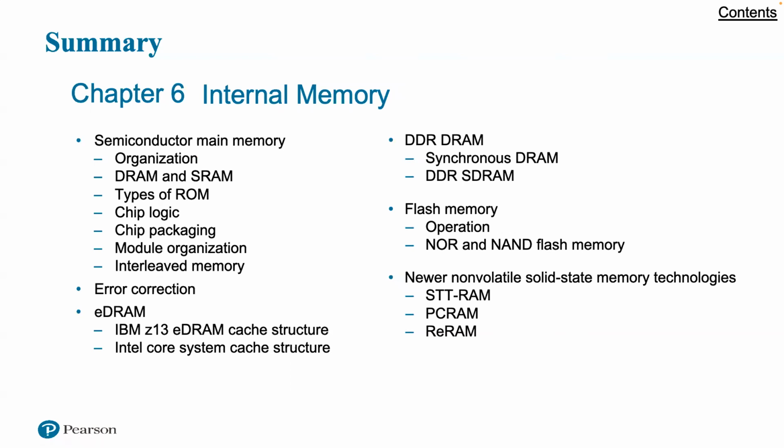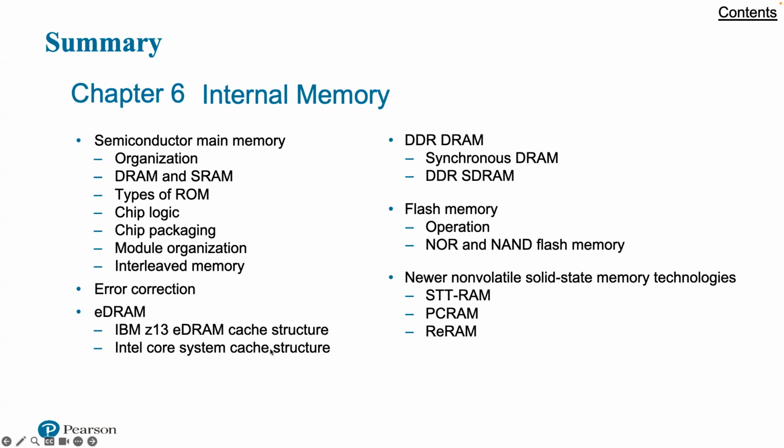We talked about error correcting, which is commonly used in memory, on the order of about 10% overhead, like a Hamming code or a SEC-DED approach. For EDRAM, we looked at both the IBM and the Intel configurations,